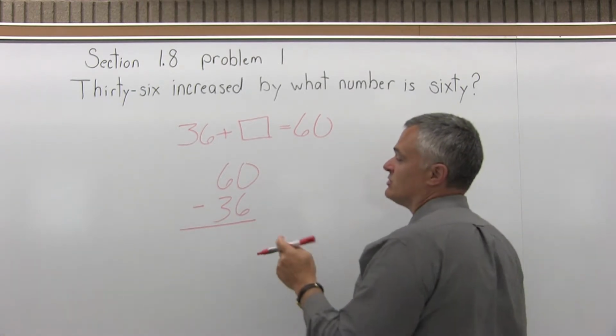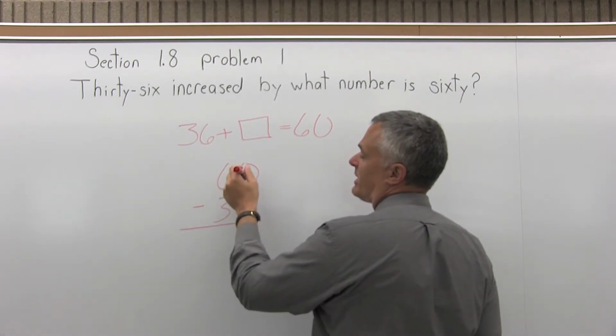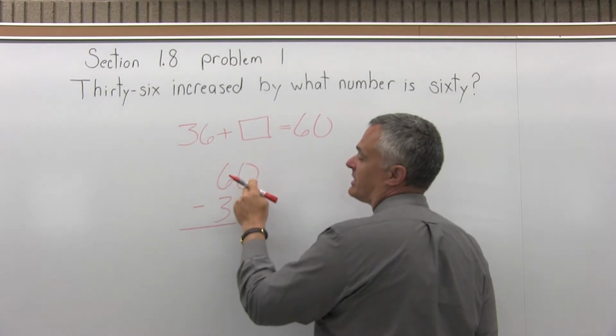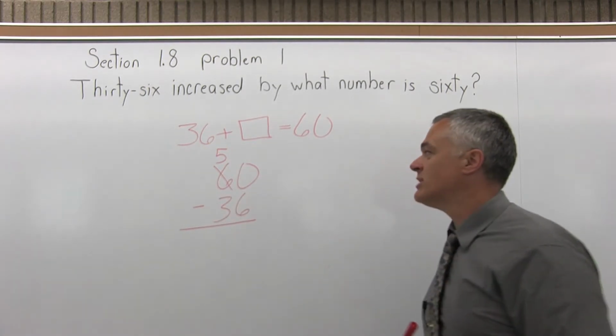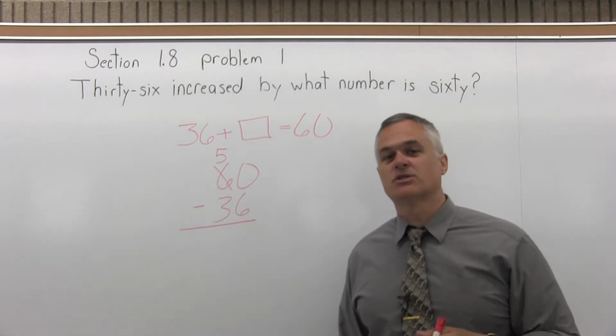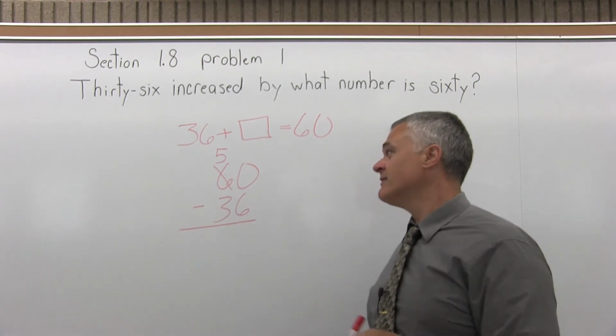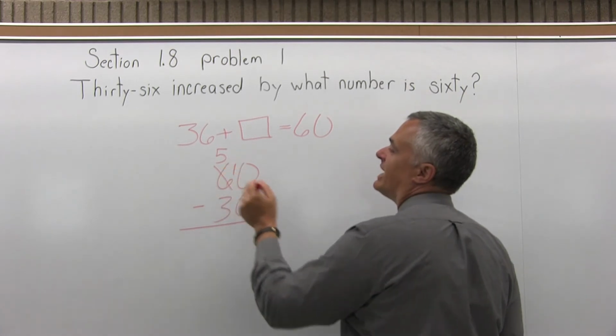So as we start, I'm starting in the far right column, and I have 0 minus 6. Well, the 0 is not big enough to subtract 6 from it, so I'm going to borrow. So I'll go over one more column to the left. There is a 6 in the top position. I'm going to cross it off, replace it with a 5, and that will allow me to change that 0